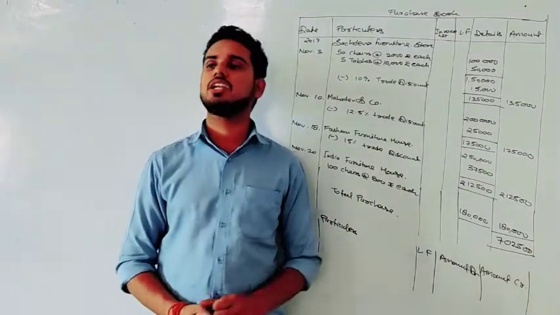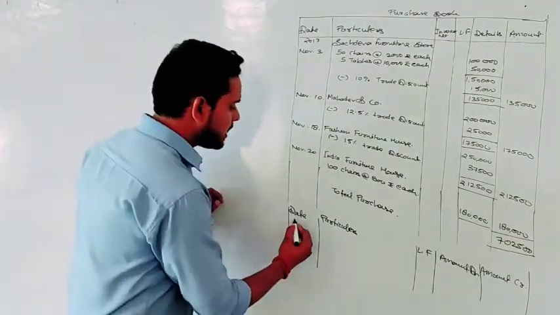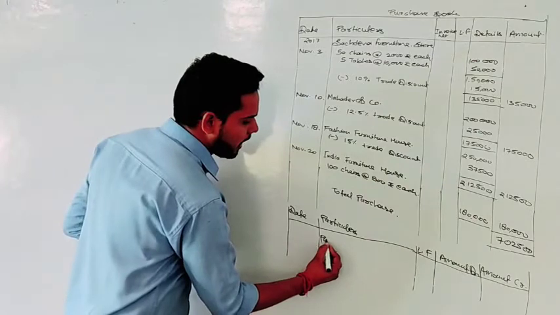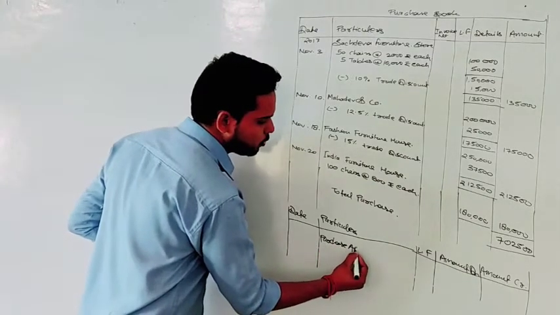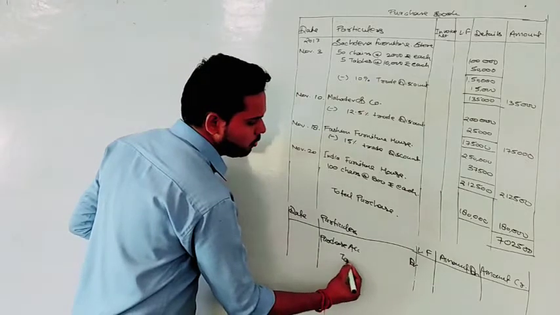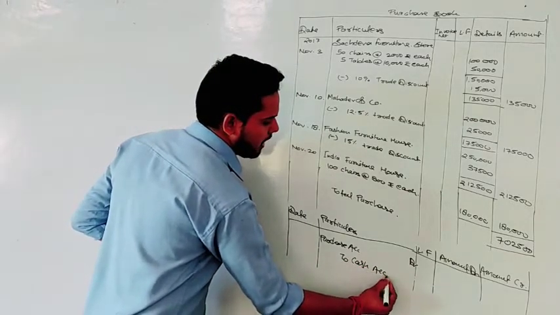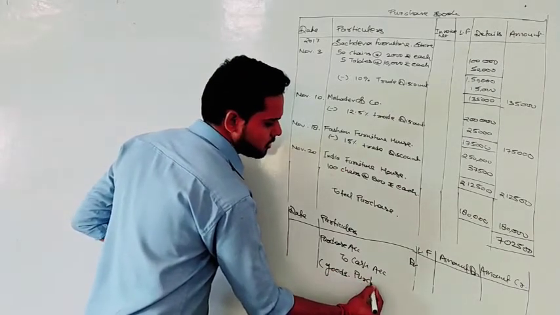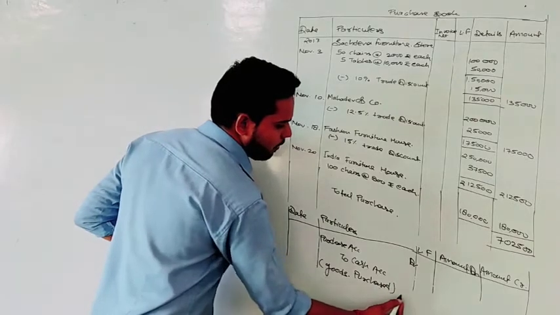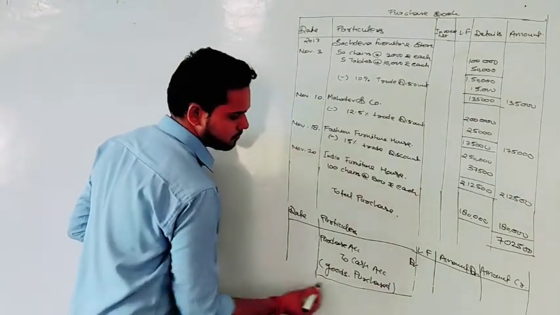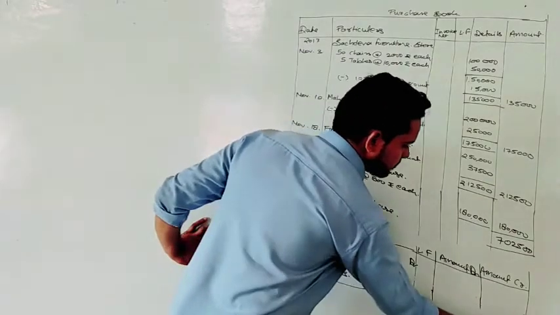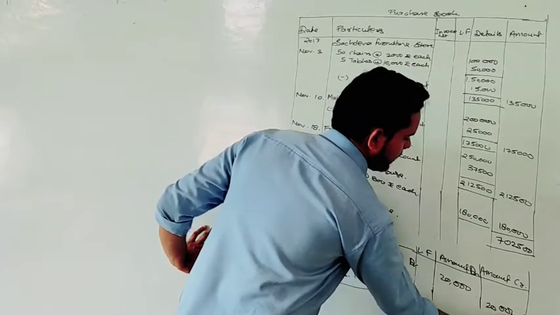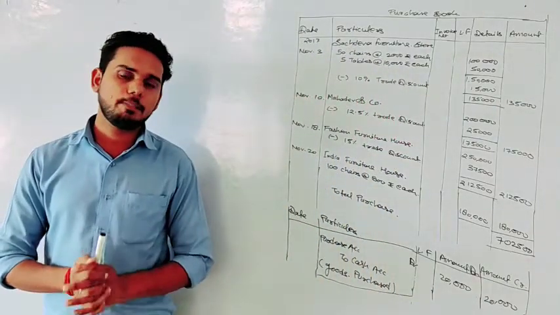So we are purchasing furniture for cash, but as furniture is goods for your business, you pass an entry like: purchase account debit, to cash account, and the narration will be "being goods purchased" or simply "goods purchased", right? The value of purchase is given as how much? 20,000. Okay. So 20,000 in the debit column and 20,000 in the credit column. Now we have prepared the purchase book.